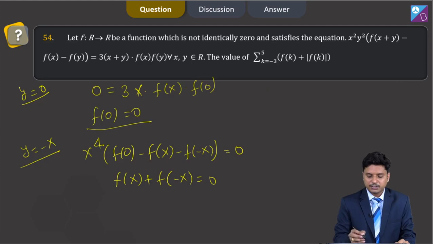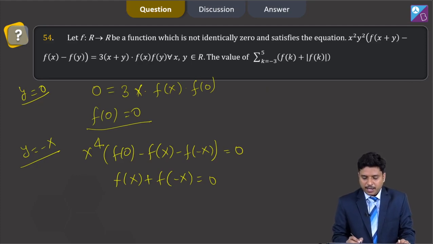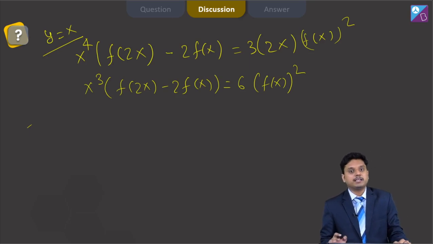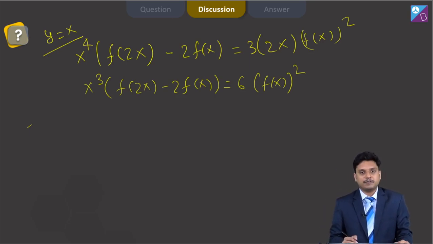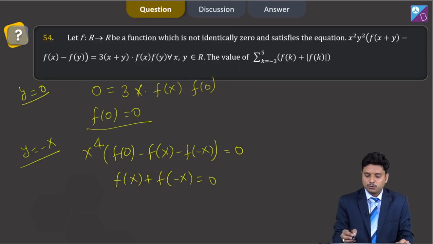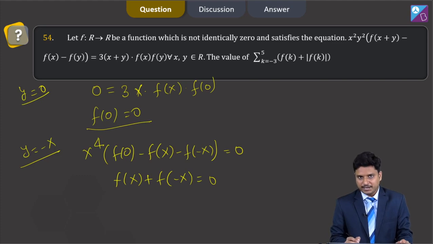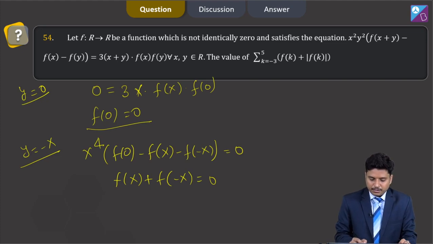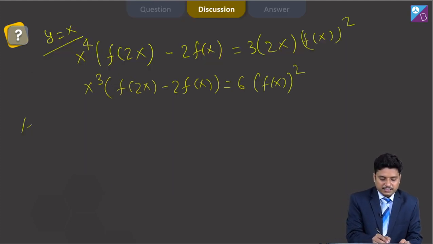Now we put x as 2x in the given expression, and because 2x was involved and we are not aware of any other equation in 2x, how should we incorporate that 2x into our frame? We should actually put 2x in the original equation, and in place of y we will put minus x. Then it will be converted into a 2x and x expression. So what we will do? We will substitute x by 2x and y by minus x.